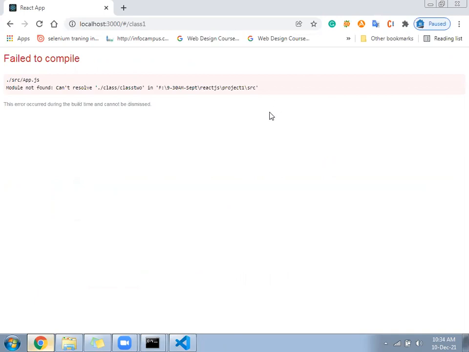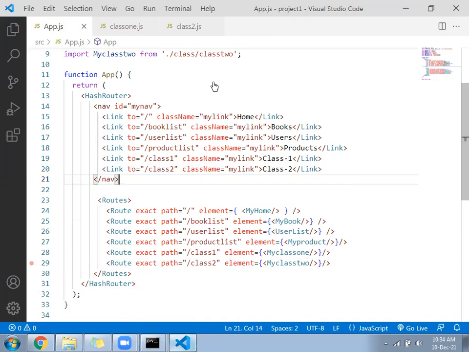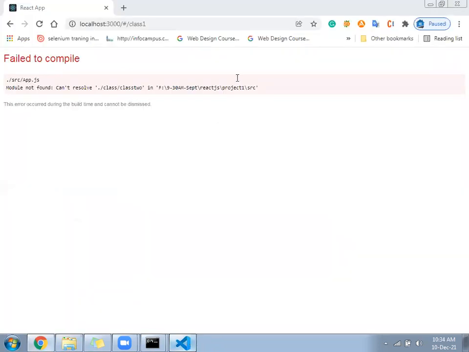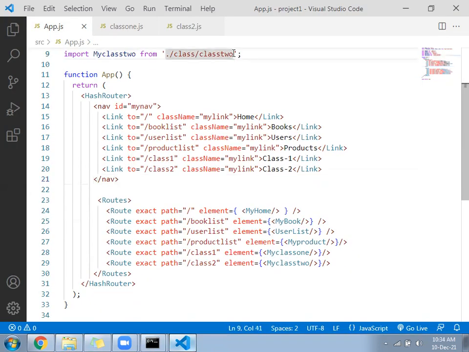In the src folder, app.js, I made a mistake. Oh, my file name is directly class2, digit 2. The file name I gave directly as class2 with a digit.